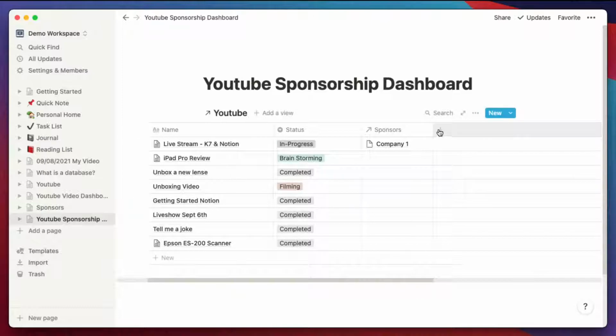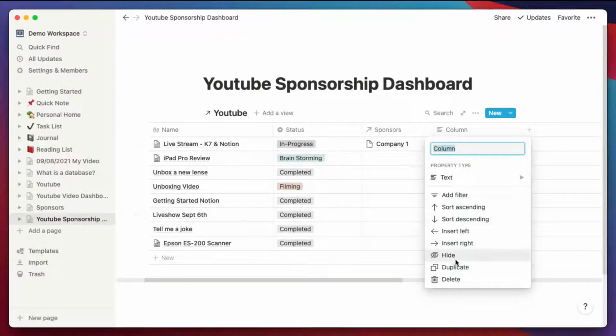So this is where in Notion we can use rollups and formulas. Okay, so for example, let's create a new column called total cost. Not cost. Let's say cost per.